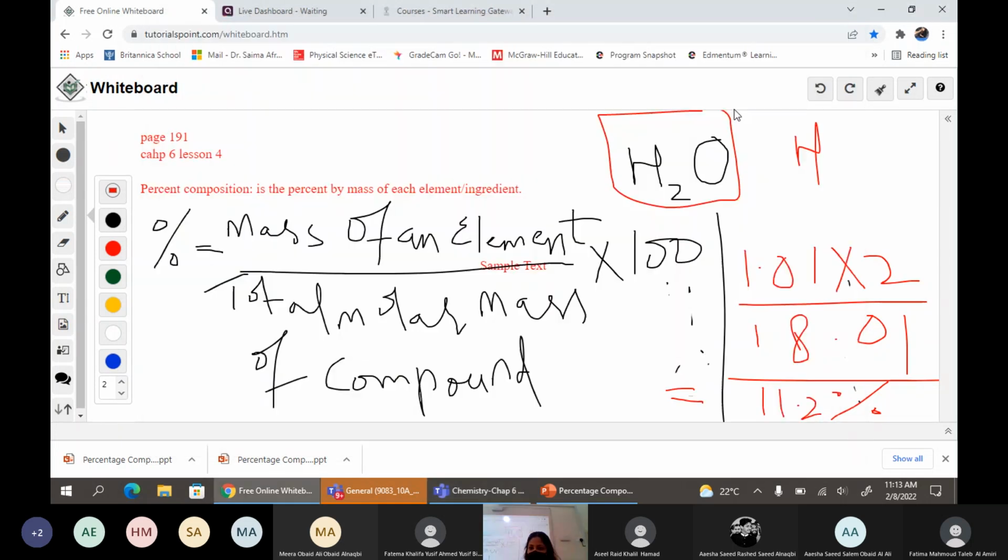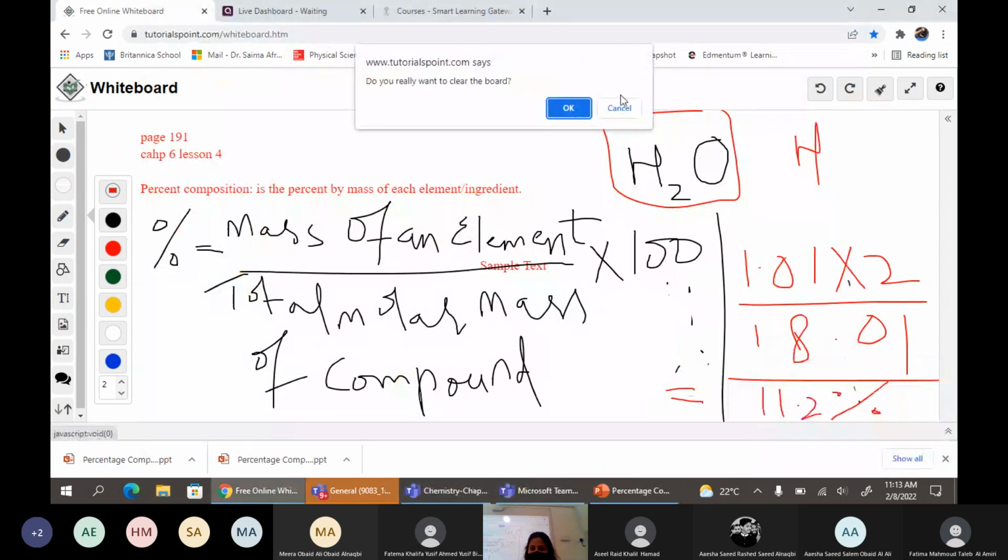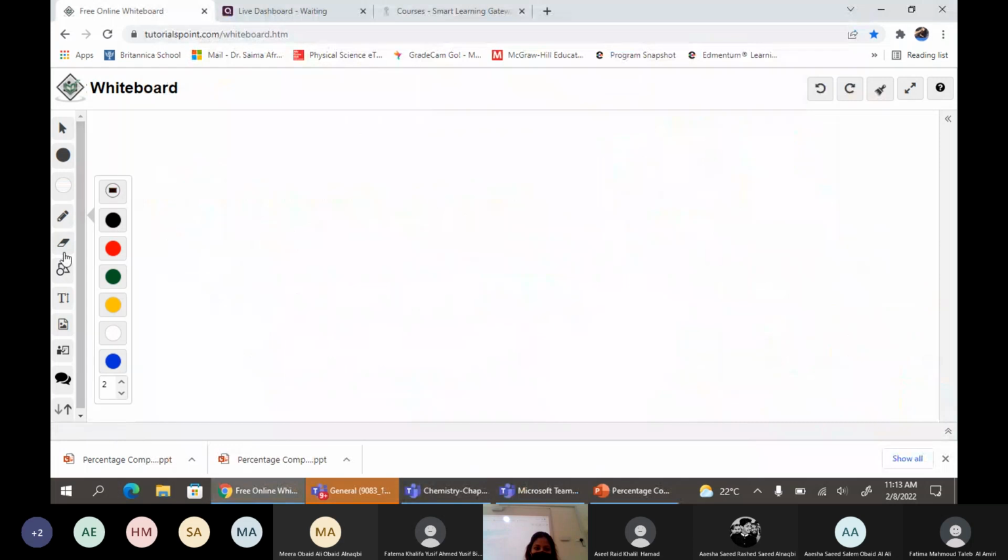Okay, guys, let's try one more question. Please try this question. The same way you need to do, you put the mass of an element up, you put the mass of the total compound down, and then you do times 100. So right now you will calculate the percent composition